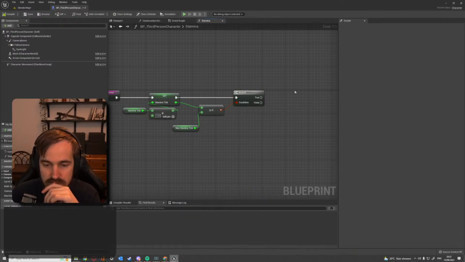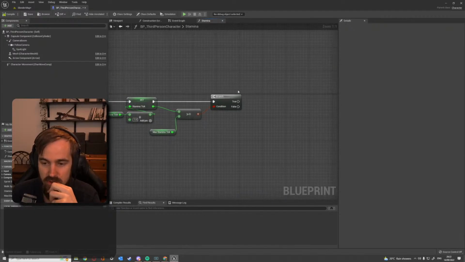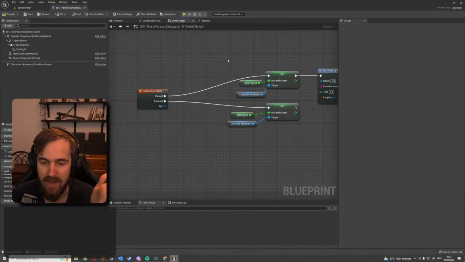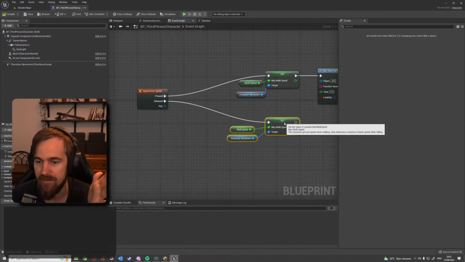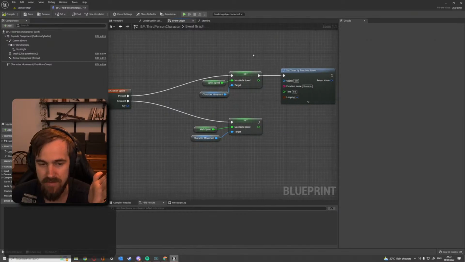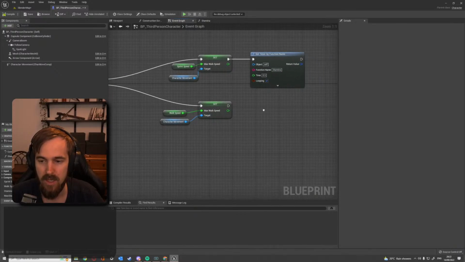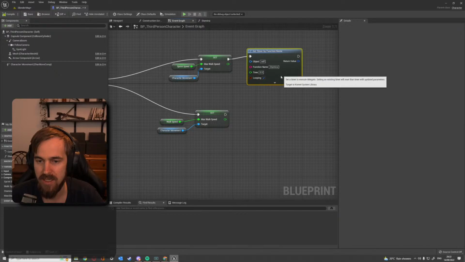Now we have a condition that is true or false. How do we go about this? Okay, so we already have the base, right? We have a stamina system. When you press, you increase your walk speed, and while you press it, it increases your stamina timer by function. Once it's released,